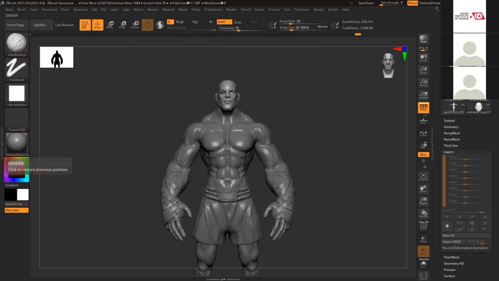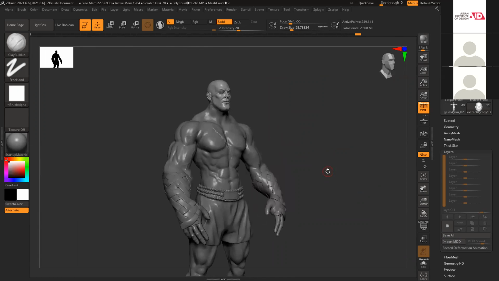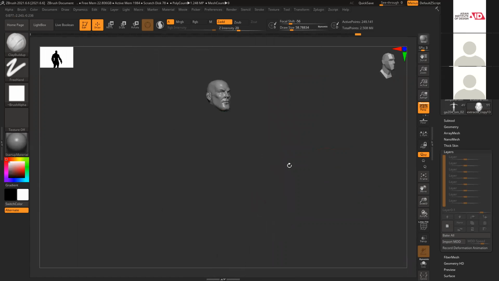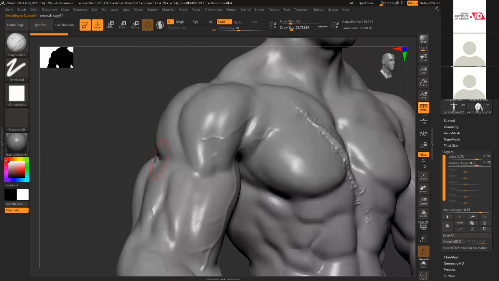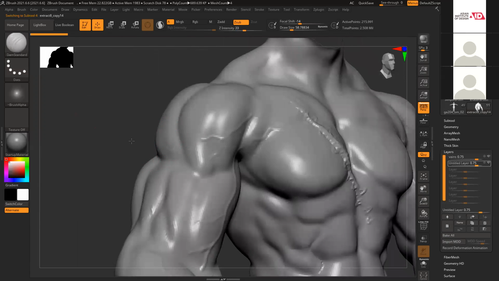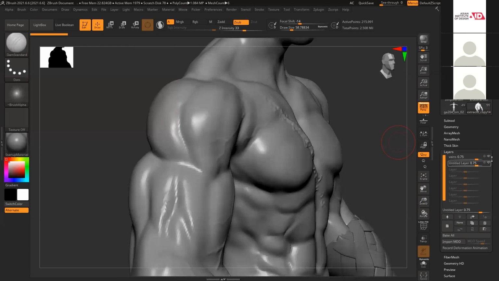Let's see. So these parts will define slightly all these muscles. So layers and layers are there.